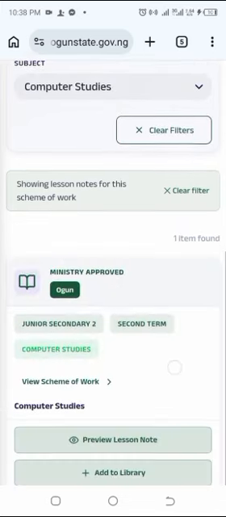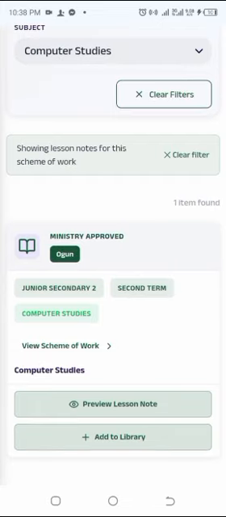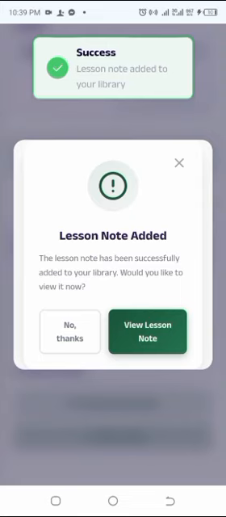So down here it will show the name of the class, GSS 2, second term, computer studies. View scheme of work, then computer studies. If I want to view the scheme of work again, I will click on view. But because here I want to check my lesson notes, after viewing the scheme of work, I will click on add to library. Because if I do not add the scheme of work to my library, I will not be